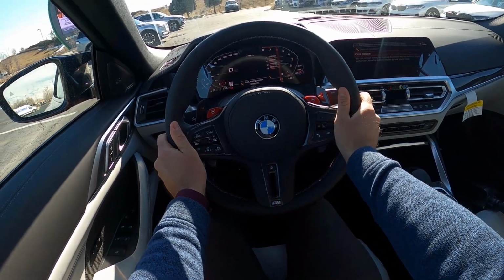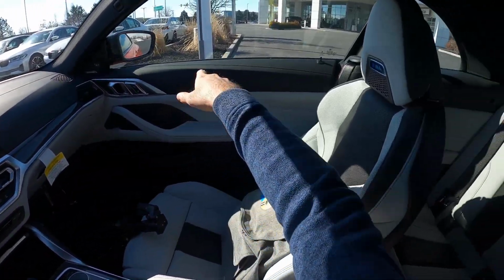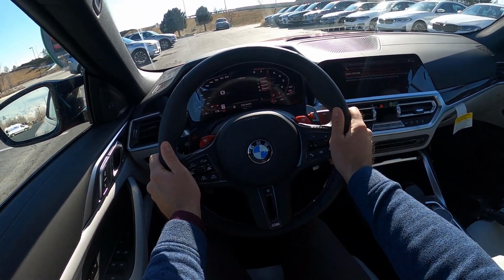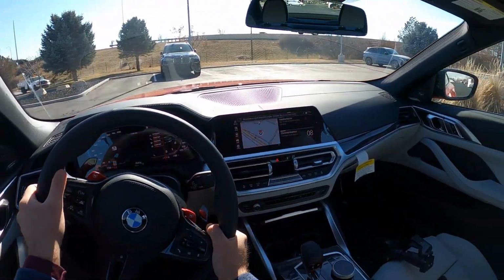Well, let's talk about visibility before we set off here. Here's your visibility over the hood. Both the mirrors do blind spot monitoring, and throughout the rest of the rear. And I got confused by the shifter for a second there. Let's set off. Okay, so setting off in this M4